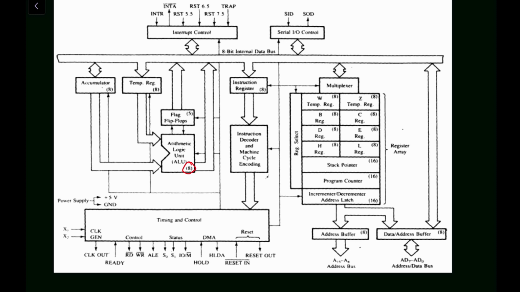Suppose we have the addition operation, the subtraction operation, the logical AND. Logical AND means the AND gate you have got in the digital logic courses. I hope you have understood about the AND operation, that is the truth table of the AND gate. Suppose the logical OR operation also it can perform, logical exclusive OR also it can perform. Then another operation this unit can perform is the complement. Complement means it is the logical NOT operation.